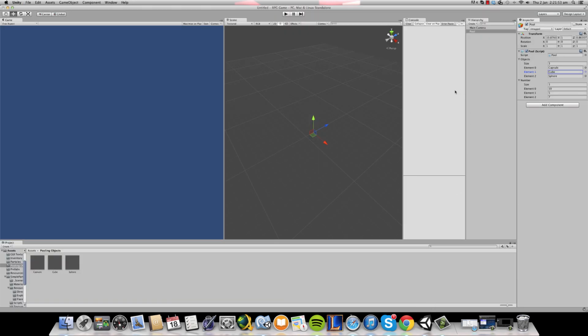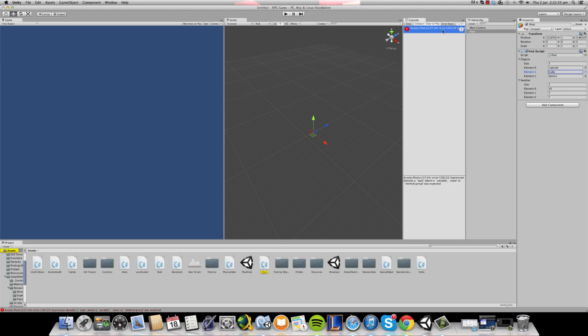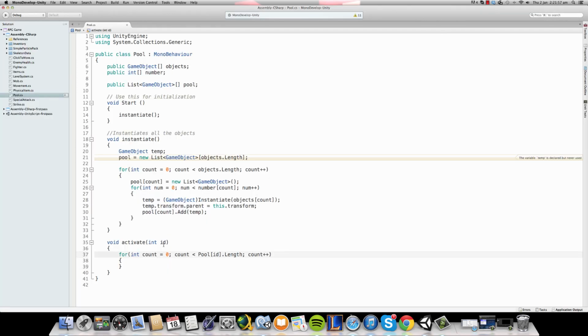It didn't give me the, oh, never mind. It's small p pool dot length. So basically we're going through the list of cubes. Suppose our ID is 1, and we're checking if